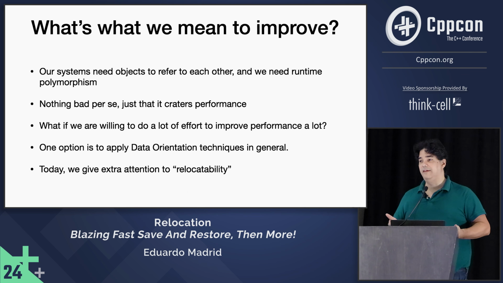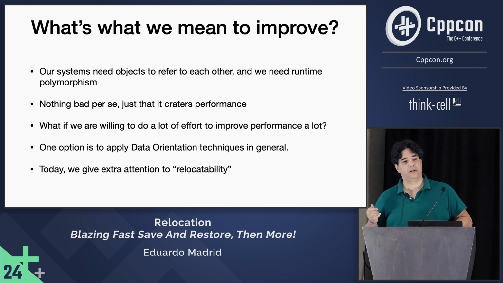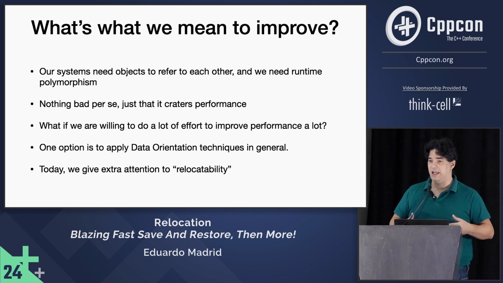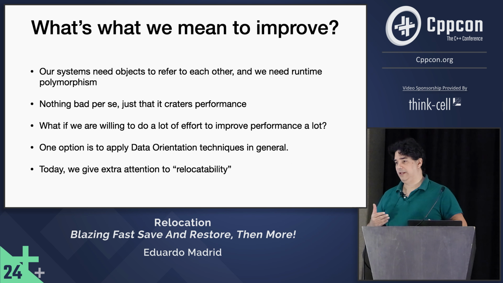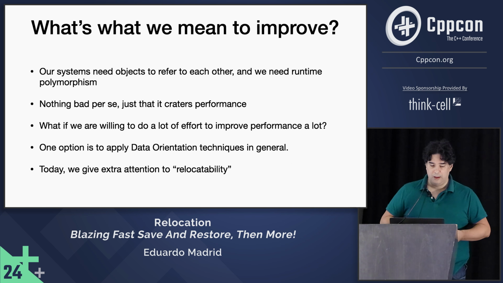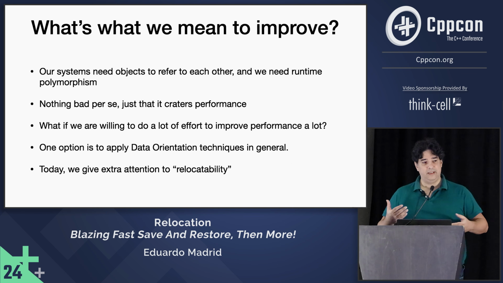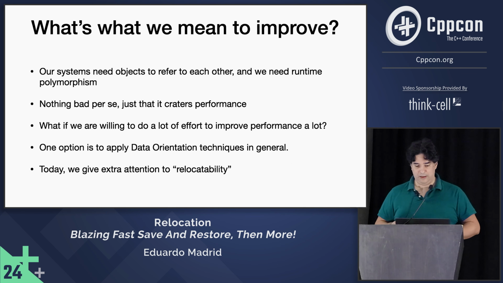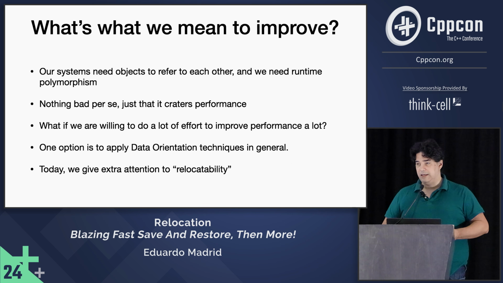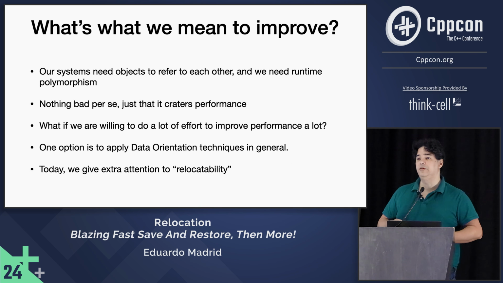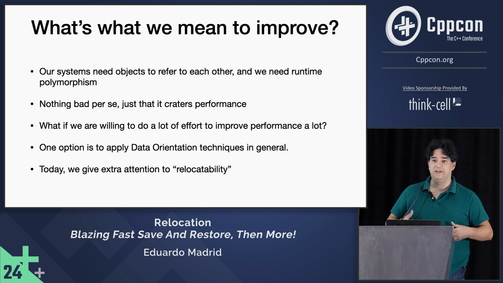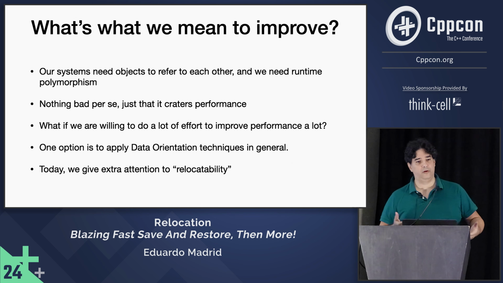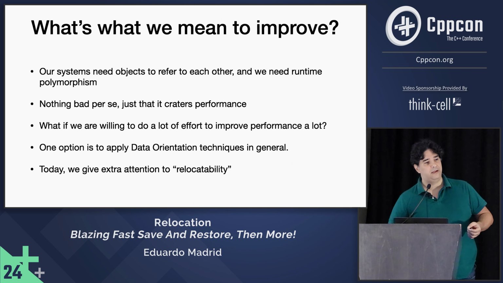The thing is that should we care about performance, if it would be truly important, like for example, in the case of video games that are pushing the boundaries of what the processors can do, the combination of these things will create a performance problem. We're going to revisit why those things create a performance problem. And we have the option to put a lot of effort into transforming our code so that we eliminate all of those performance leaks and do something much better.